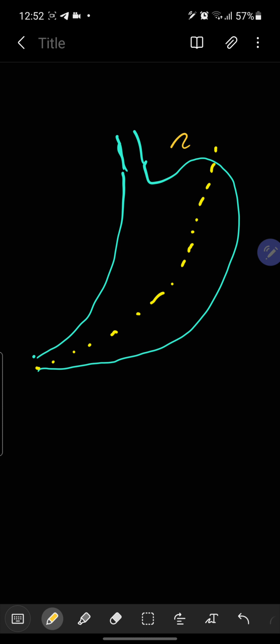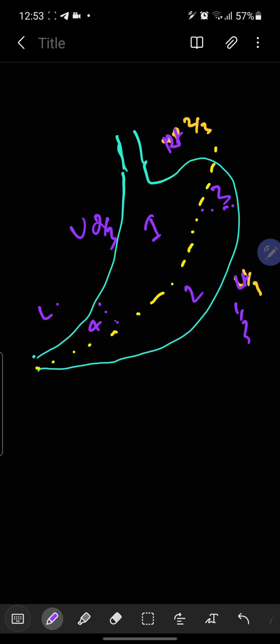Here you can see the stomach is divided into upper 2/3 and lower 1/3 region. Right 2/3 and left 1/3 region. So in the right region, there is upper 2/3 and lower 1/3. In the left region, there is upper 1/3 and lower 2/3 portions. So here I will be discussing about lymphatic drainage. It is designated as 1, 2, 3, 4 regions.